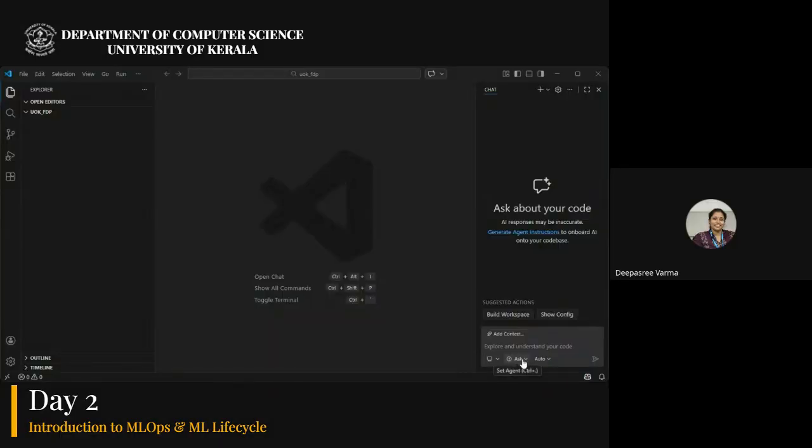Okay. So now I will share a Colab notebook with you in which I have written today's code. So you can just use that. So I'll put it in chat.